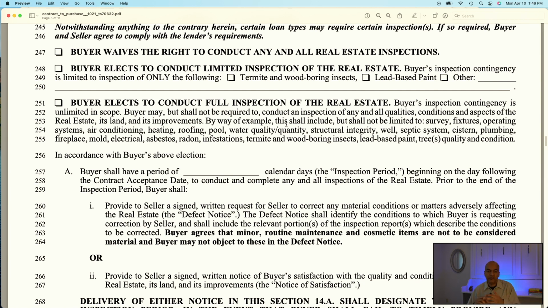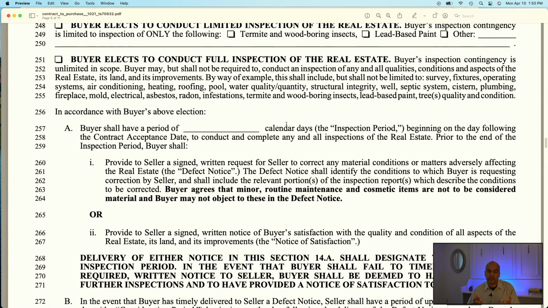They can ask for a limited home inspection where they're only looking at things like termites, lead paint, or something else, or they can request the right to perform a full inspection. I do not recommend any buyers waiving the right to inspection. By requesting a full inspection, you need to set in how many calendar days you need for inspection, especially during